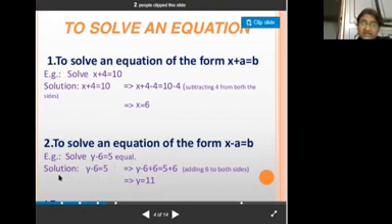We add 6 to both the sides क्योंकि हमें ये वाला minus 6 remove करना है. Adding 6 to both the sides, we get y minus 6 plus 6 is equal to 5 plus 6. That means minus 6 plus 6 cancel with each other. y is equal to 5 plus 6, that is equal to 11.